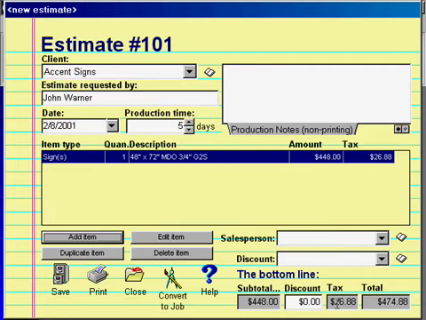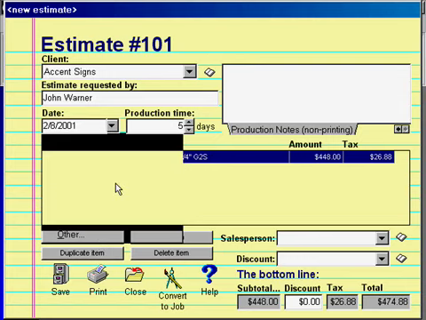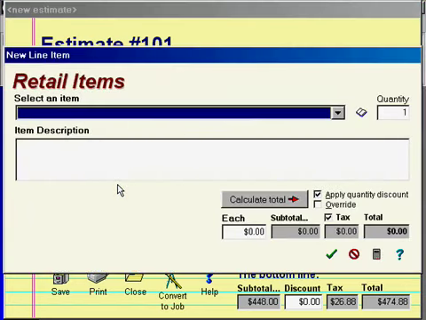The next step in our estimate is to add the 4x4 pressure-treated posts this sign will be installed between. To do this, we click the Add Item button and choose Retail Items. The Retail Items screen is where you price anything that you buy and resell, such as posts, concrete, or real